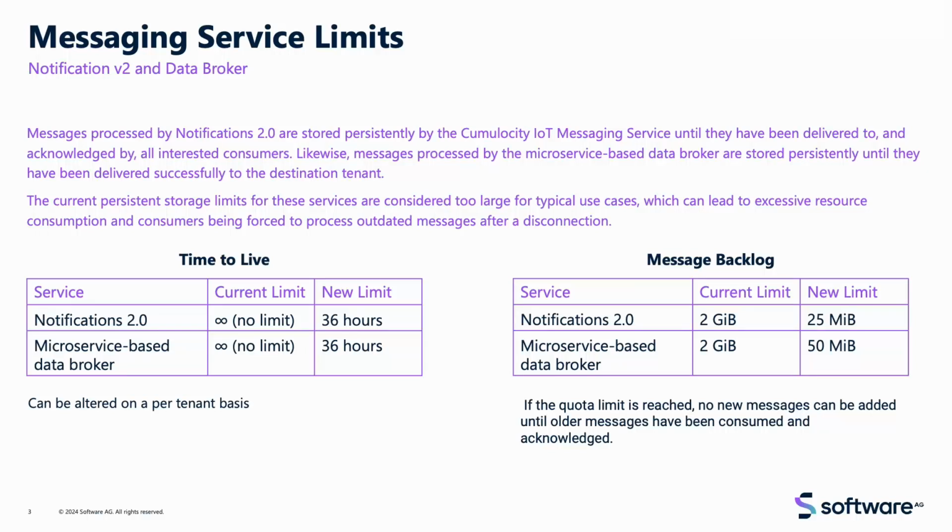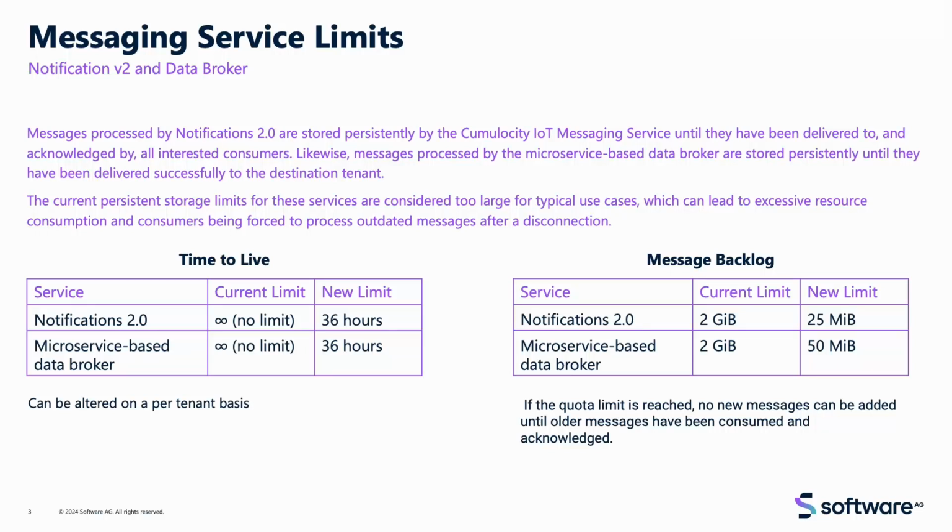The message backlog was set at 2 gigabytes, and that was quite a lot of data to allow. And so what we've actually done is drastically reduce that to 25 megabytes, and 50 megabytes in the case of the data broker. So to give you some idea,